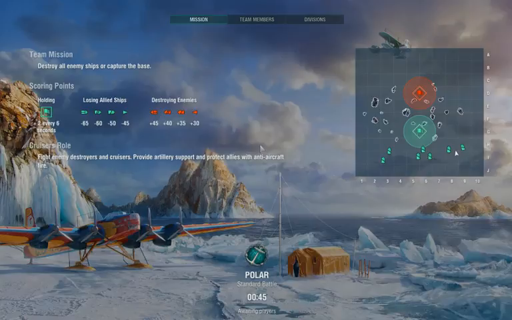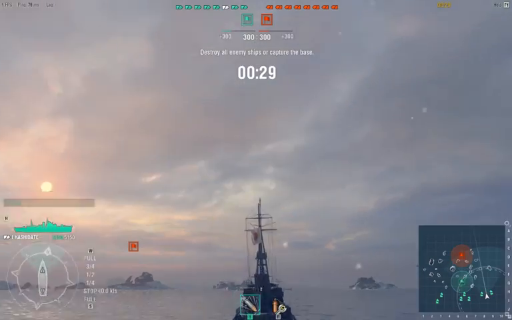Good. Alright, so the scoring point is by holding our objectives, we'll be getting +2 every 6 seconds. Losing allied ships, obviously, in the different class weight limits do apply. For example, destroyers, cruisers, battleships, carriers. My ship is nowhere near that level, so...